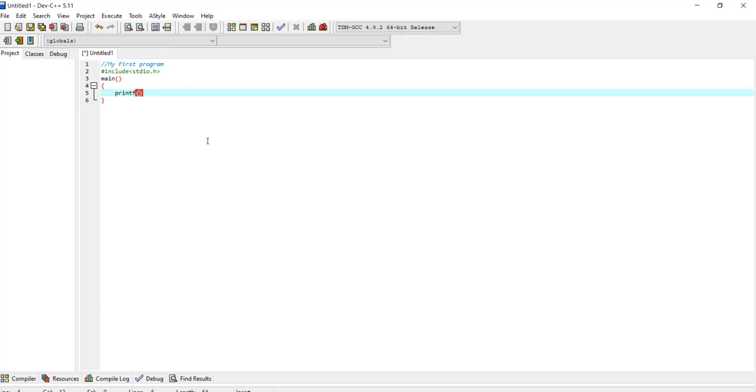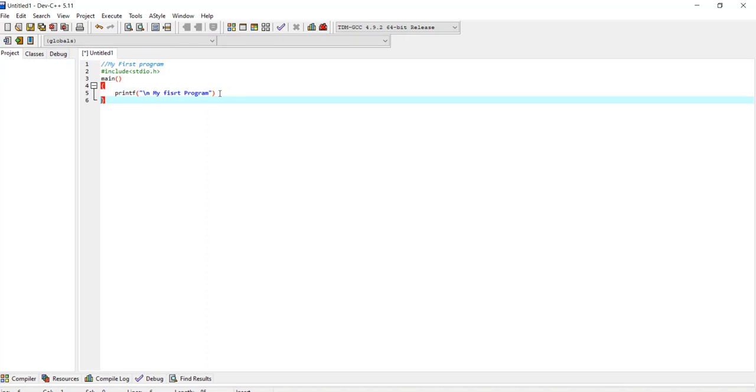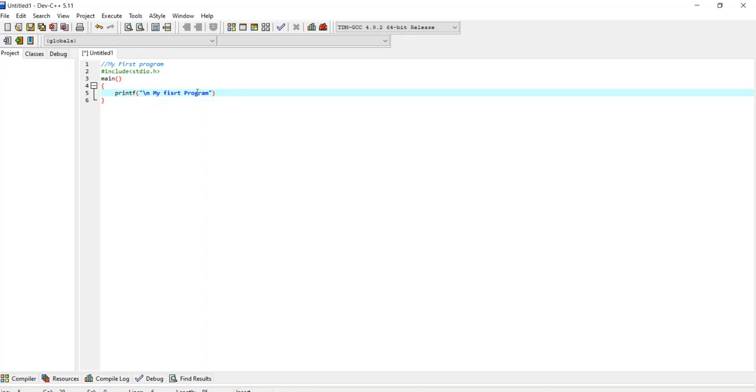This is the printf function, so I have to use parenthesis, and within the parenthesis I use double quotes, and here I write backslash my first program, then I put a semicolon at the end of the line.